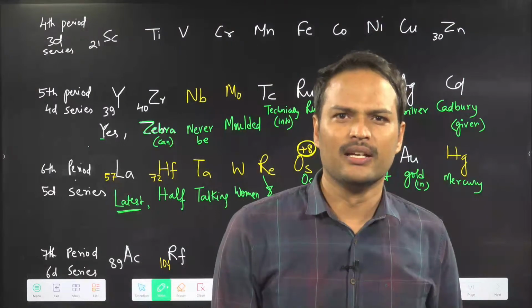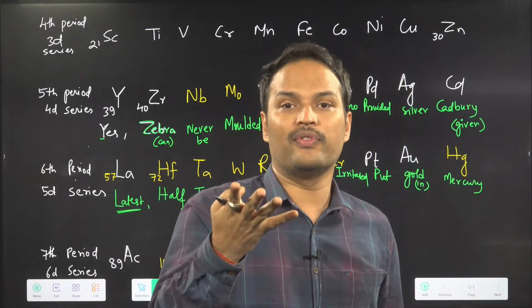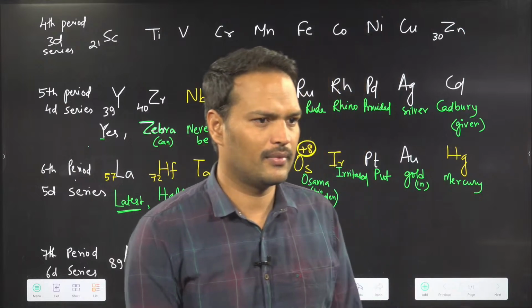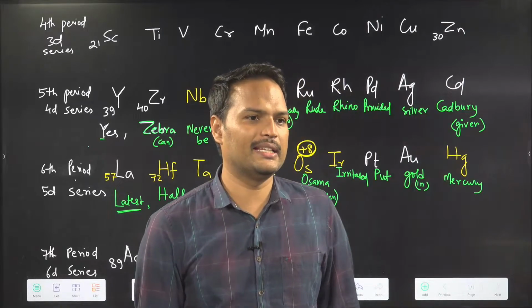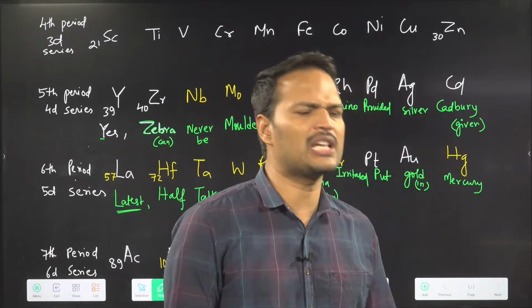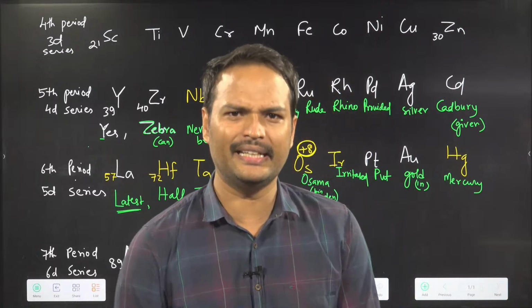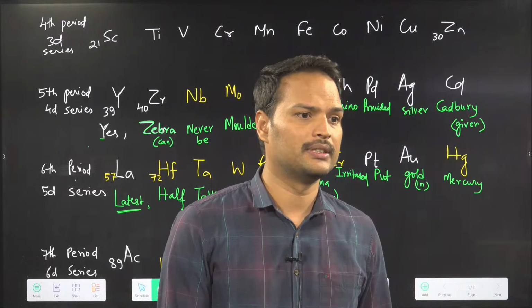ठीक ना? Teacher used to ask us, there are 26 alphabets, but there are a few alphabets from which there is no element. Vishesha is writing J. Syam is also writing J. Anything else? Anything else is there? So you should go and search all these things just for fun. This is not going to come in NEET. Just to be familiar with all the elements. 118 elements are there. ठीक है ना?